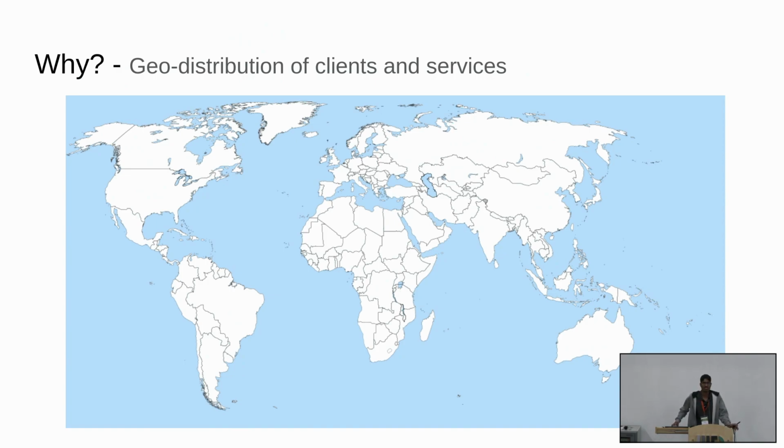The first thing is obviously that in today's world, users are all over the place. Nobody's starting a company just for one geolocation. They're starting a company for the world. The next startup is trying to capture the world market, so your users are going to come from all over the world. There is no way you can just have one data center anymore. That's the new reality. You have to have your points of presence as close as possible to the user so that there is a higher quality of service for them. The closer you are, the faster things are for them. So this is a necessity now. You have to go to different places in the world and run your services as close as possible to the end user.